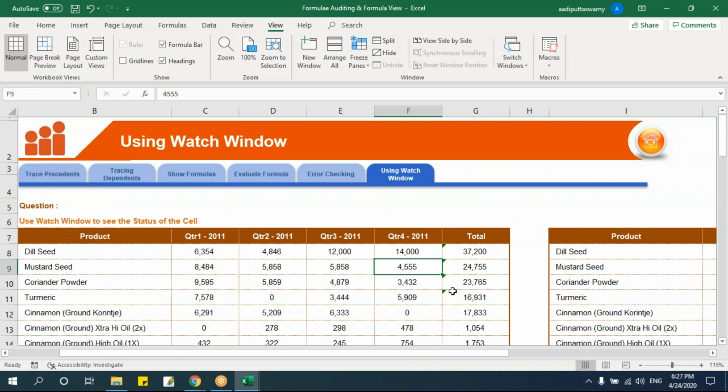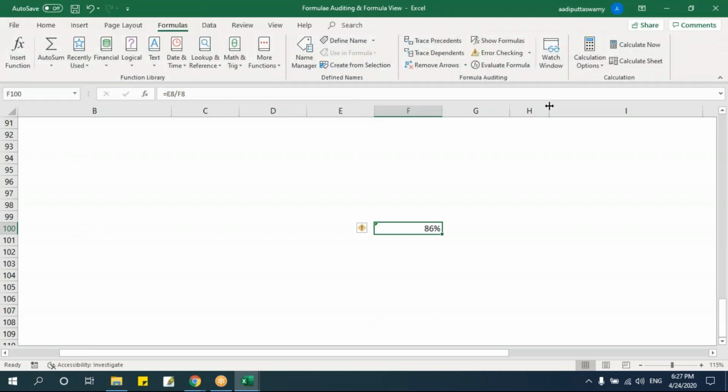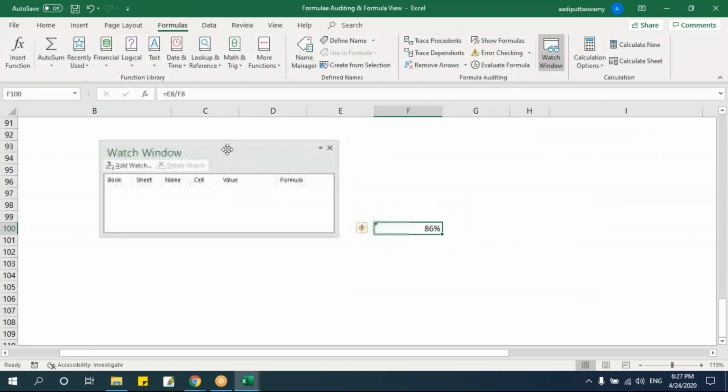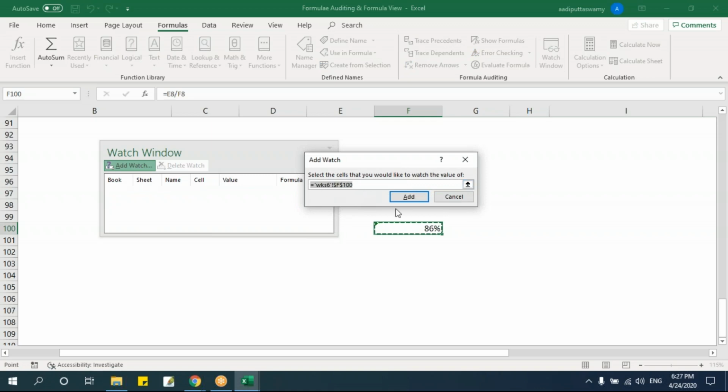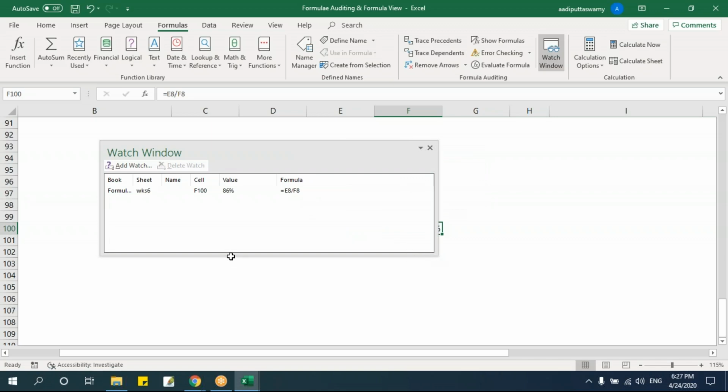Instead, let me scroll down. I will select this and click on this watch window. What this watch window will do is keep a watch on that particular cell. Let's say add watch. It takes this cell. I'll say add. Just observe what will happen when I say add. See, just expand this.